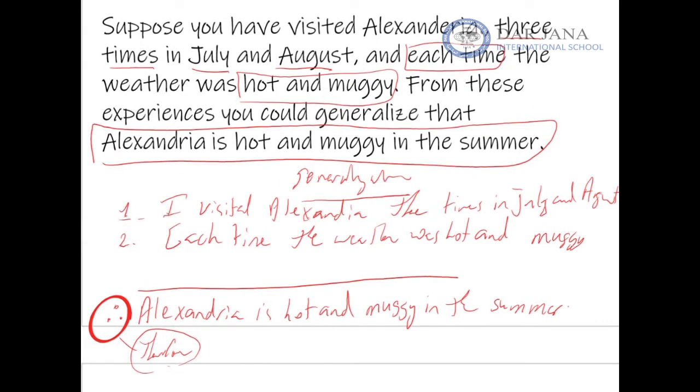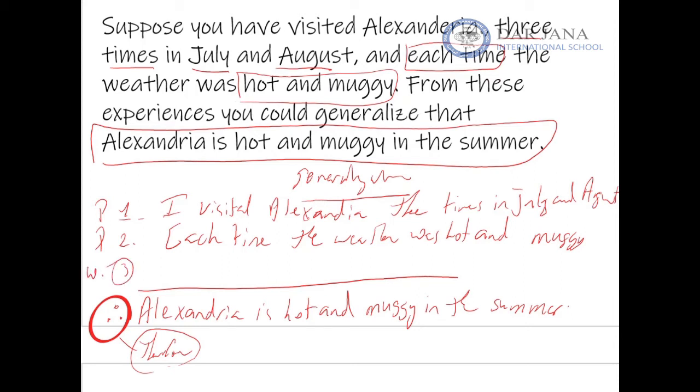So we have two premises. We call these premise 1 and premise 2, and that's the conclusion. Based on these two premises, you have this particular conclusion. Now there's one thing which is not stated, which is called the warrant. Without that, it's not possible to have this conclusion. The third one, which is called the warrant, and which links the conclusion with the premises, is that, I'm going to call this a warrant,